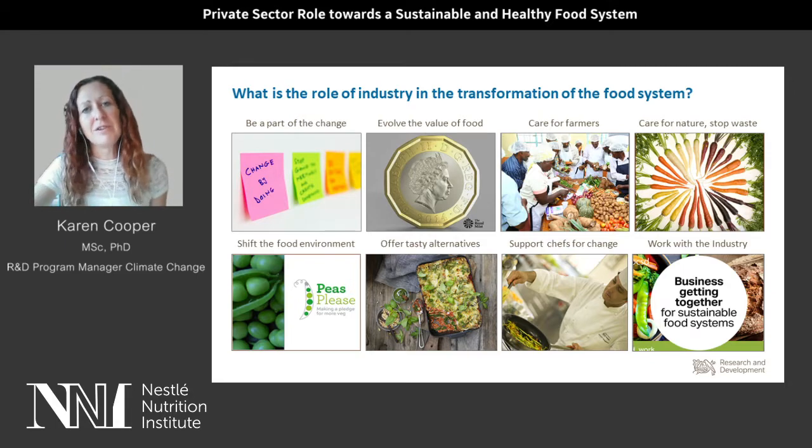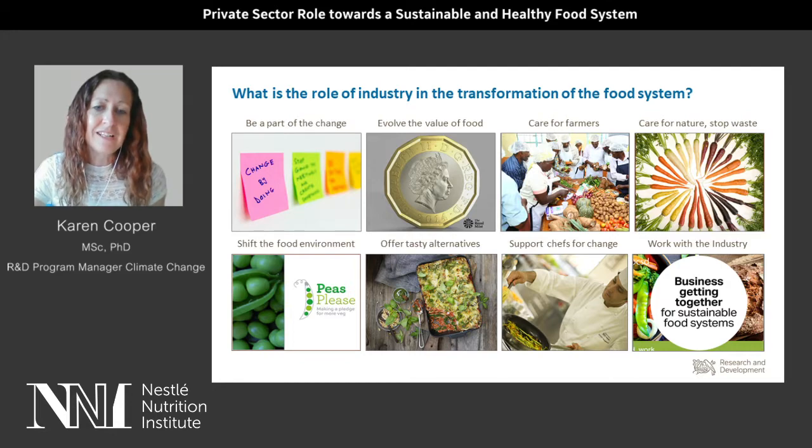Next, we can talk about evolving the value of food. There was a very interesting report out in the UK. It calculated that for every pound spent on food, there was a shadow pound being put up as unseen expenses for that foodstuff. This is a mixture of health consequences and environmental consequences of that pound of food initially spent. At some point, this is being paid for either by the environment or by the health systems of the countries involved. So it's a real game changer to really think about how we could change the value of food